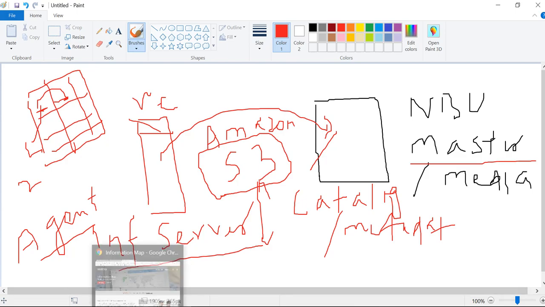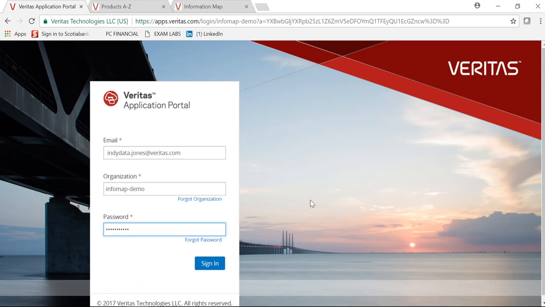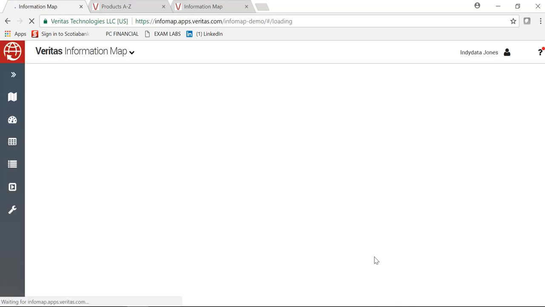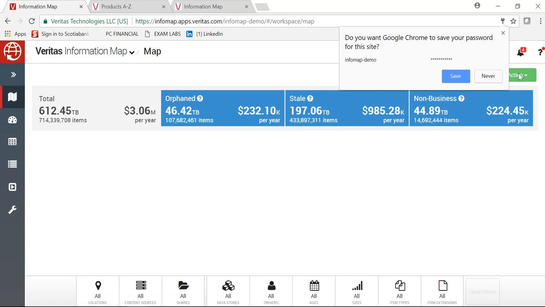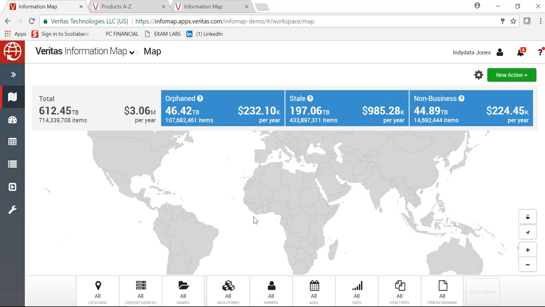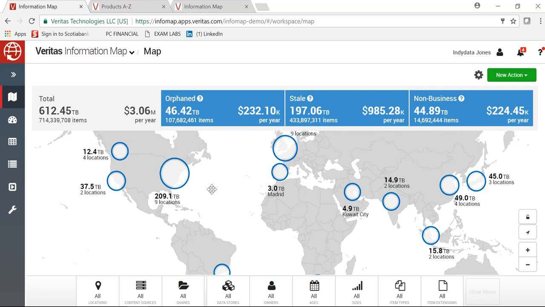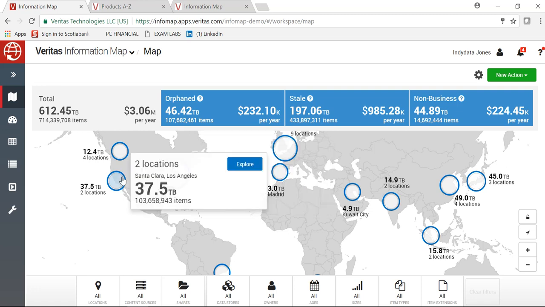So actually, let me just quickly show you how it will look when you log into the Information Map portal. Let me just sign into Information Map by using my credential. So I am on the UI of Information Map, and you can see that my organization has multiple data